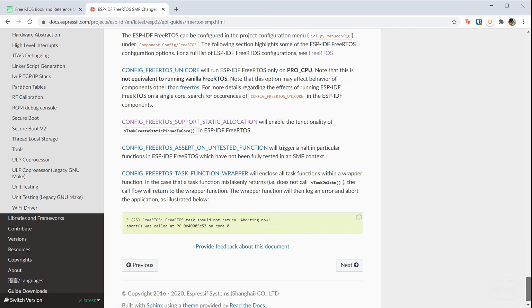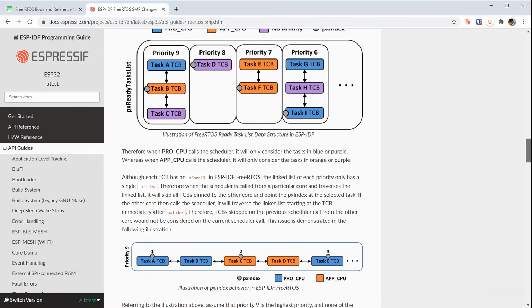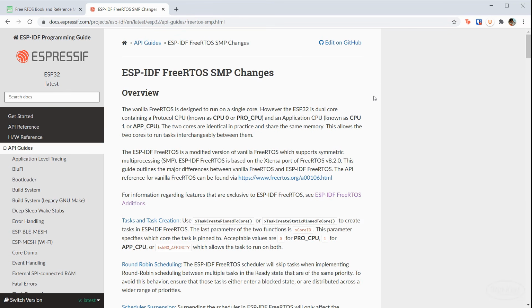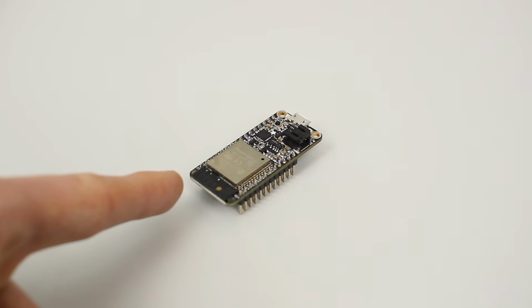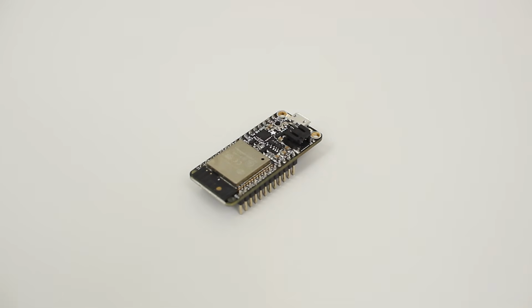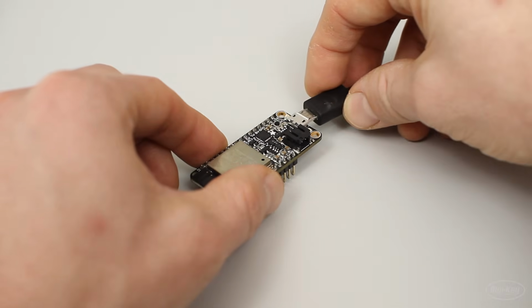While I'll give you examples for ESP-IDF, they should work in FreeRTOS as well. I'll try to make notes or comments where something differs from vanilla FreeRTOS. That way you can take what you've learned from these videos and apply it to your non-ESP32 project using FreeRTOS. I'm using an Adafruit Feather Huzzah 32, but almost any ESP32 board should work. If it's supported in Arduino, it likely runs ESP-IDF out of the box.